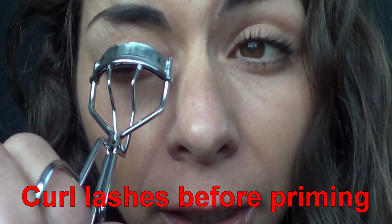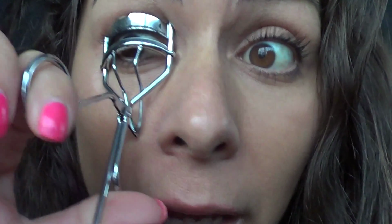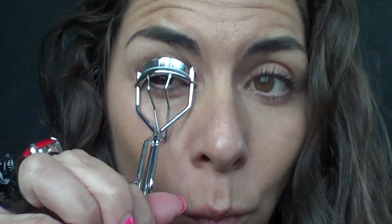And we pop the eyelash curler on the top of our eyelid, and our eyelashes are actually poking in between the metal, and what we want to do is just squeeze it gently as close to the root as possible. 1, 2, 3, 4, 5. And some people also like to just go up halfway and go, I like to go 1, 2, 3, 4, 5, and then to the ends 1, 2, 3, 4, 5. And already you can see we have a nice wave in our eyelashes. No need for